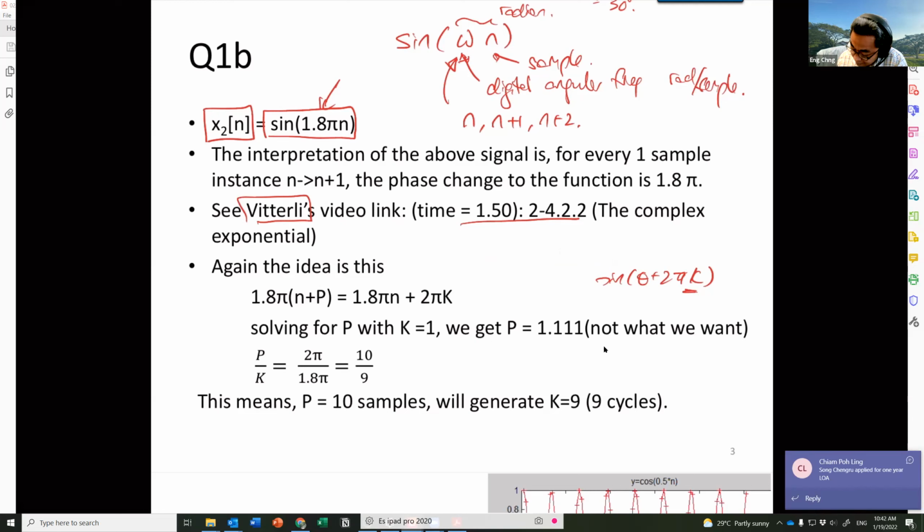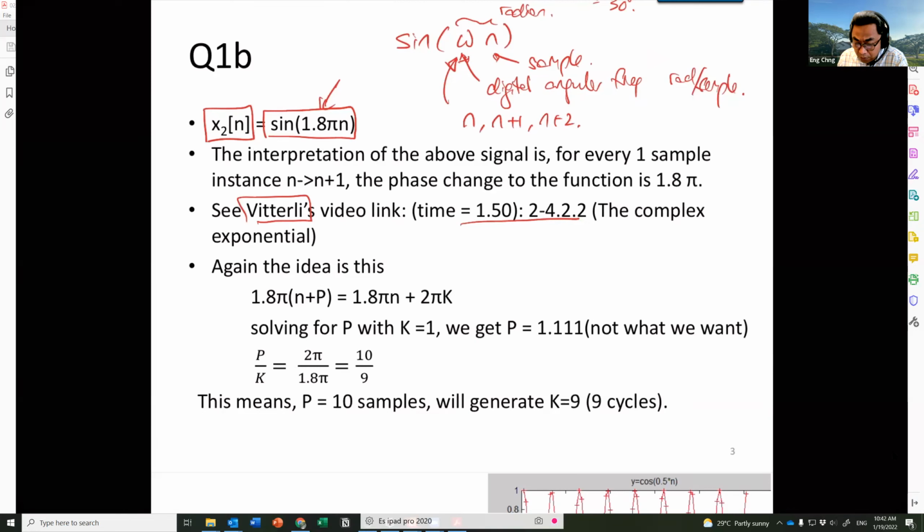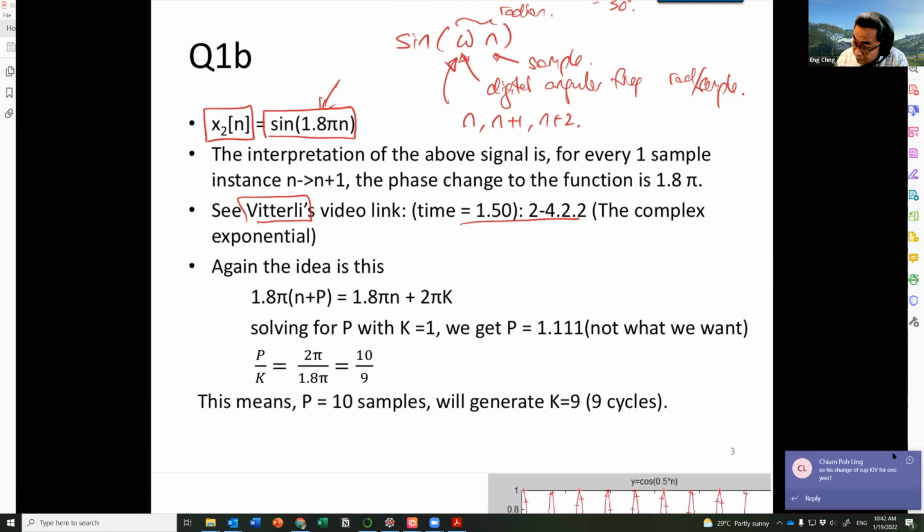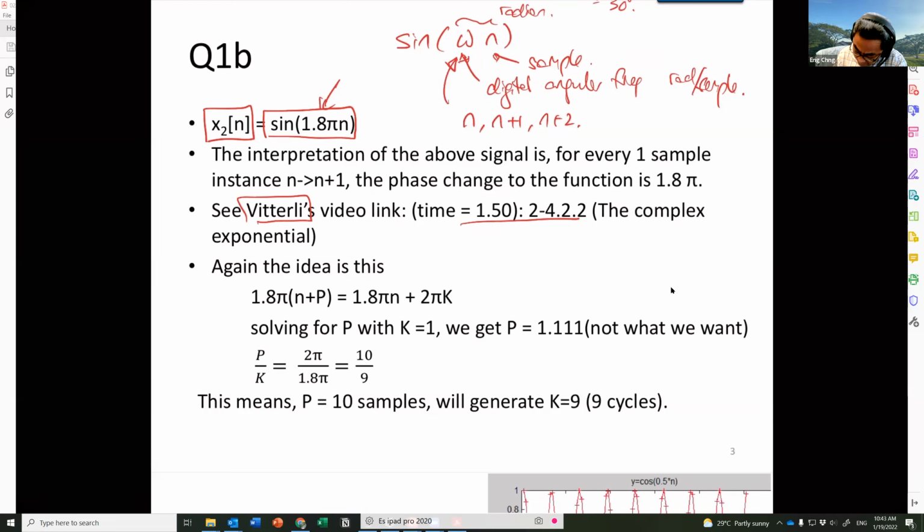All right. So let's try. Let me shut these Teams down first. In this particular example, you realize that it's very strange because we're trying to find